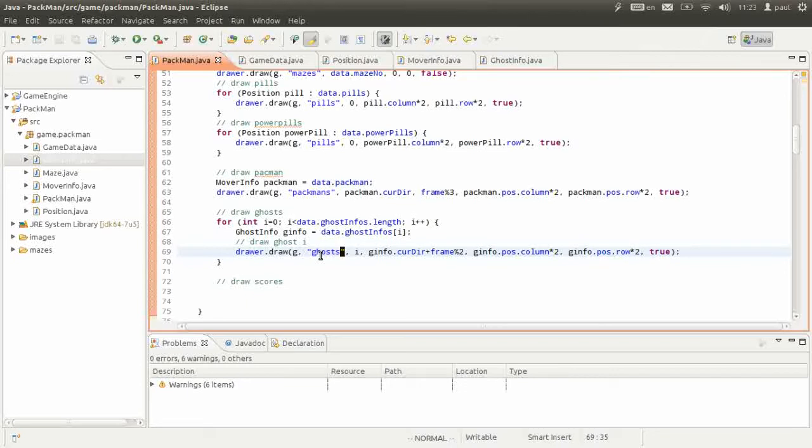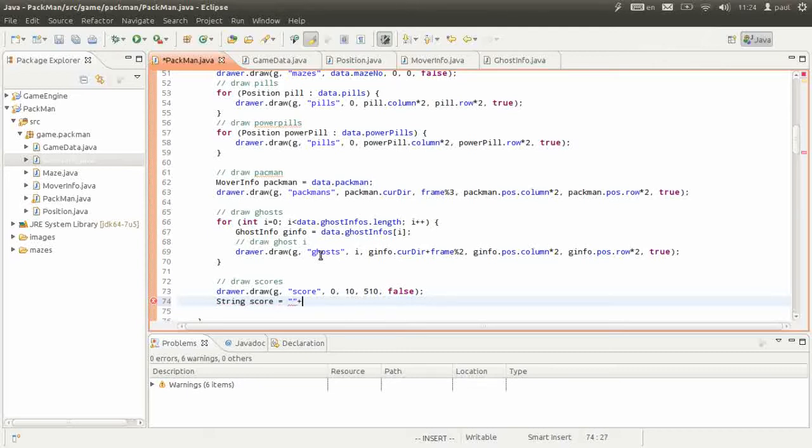Next we are going to draw the score, so go here and then ask the drawer to draw score, and the index is only one index. This is just to draw the word score, the text score, so 5, 10, and we're going to fix the position. And next is to draw the score itself. So where do we get the score from? Of course it's going to be